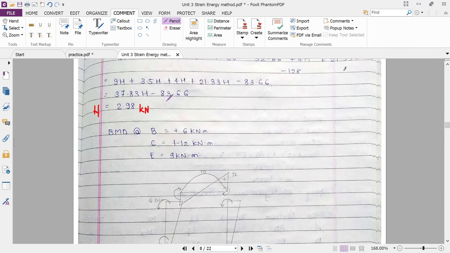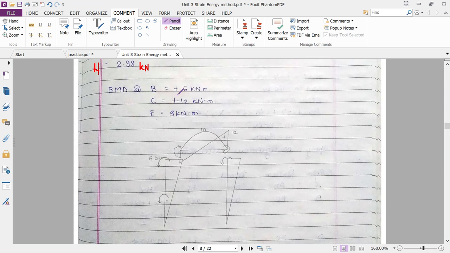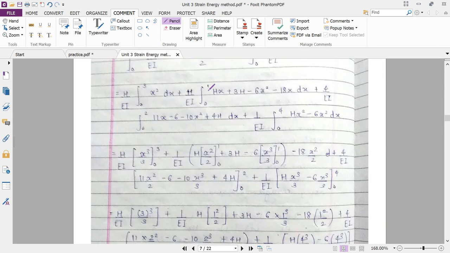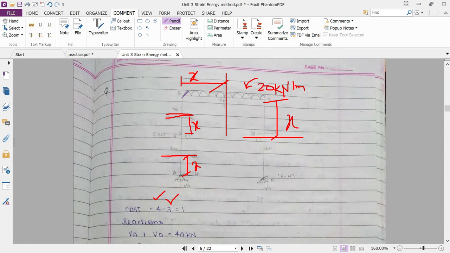Then the final step is calculation of bending moment. So bending moment equal to 6 kilonewton. Here at B, let us see how this 6 kilonewton will come. At point B, already h is equal to 3 meters. So 3 into, this 6 kilonewton is there. So 3 into 4, 3 plus 1, that is 4. So 3 into 4 is 12, and then 6 minus 1, 12 minus 6 is 6.